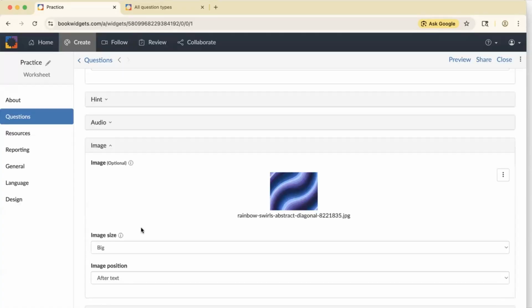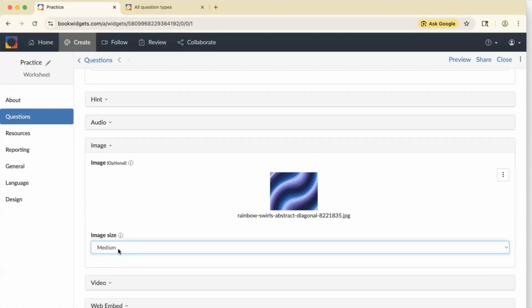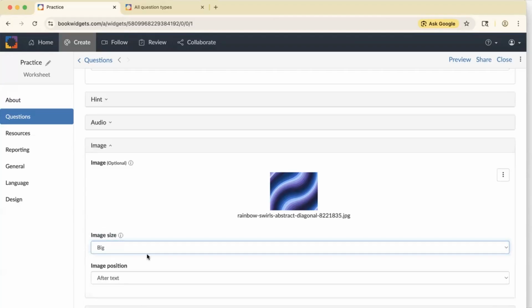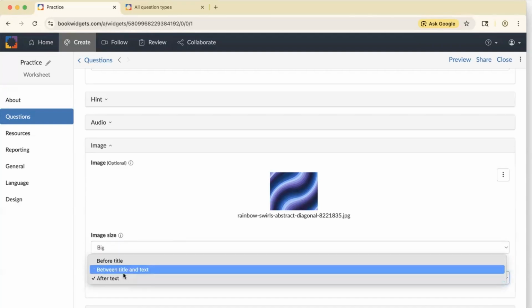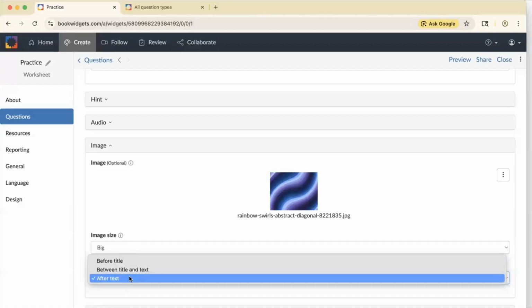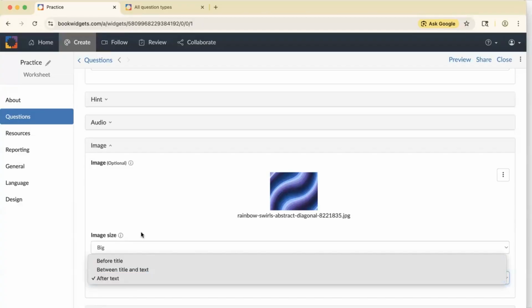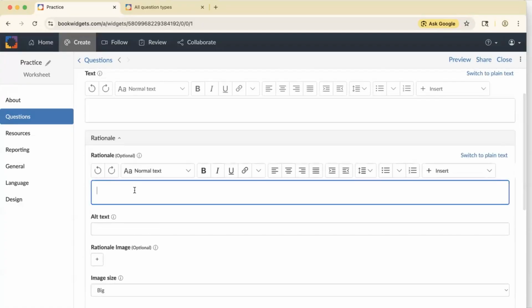There we go. I can decide if I want that image size big, medium, or small. If it's big, it'll let me choose where I want the image to appear: before or after the text, or between the title and the image. So if you're attaching an image via the image option, it'll give you a few placement options to choose from. But if you're doing it via the rich text editor, it will appear,